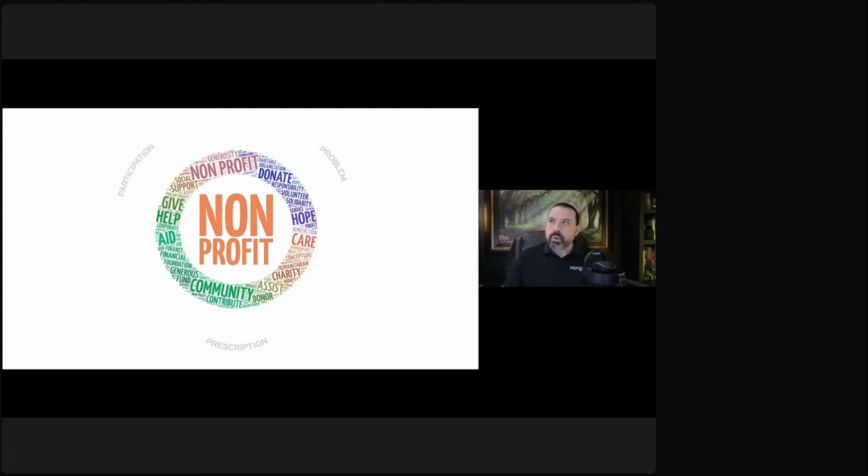So this is how you break apart your organization. All those things swirling around you, you're going to pull them apart into these buckets. The first one is the problem. What is the problem, the issue, the cause that your organization exists to solve, address, or just serve? All right. What's the problem that you're doing this with?